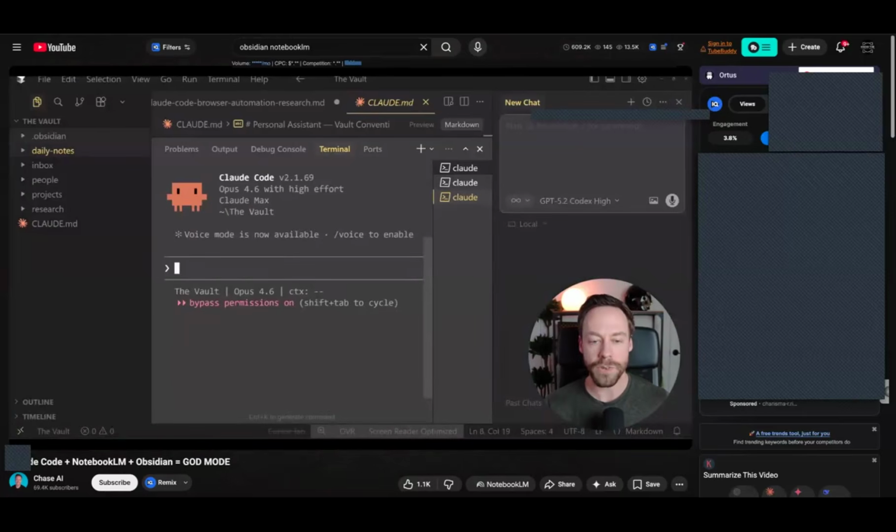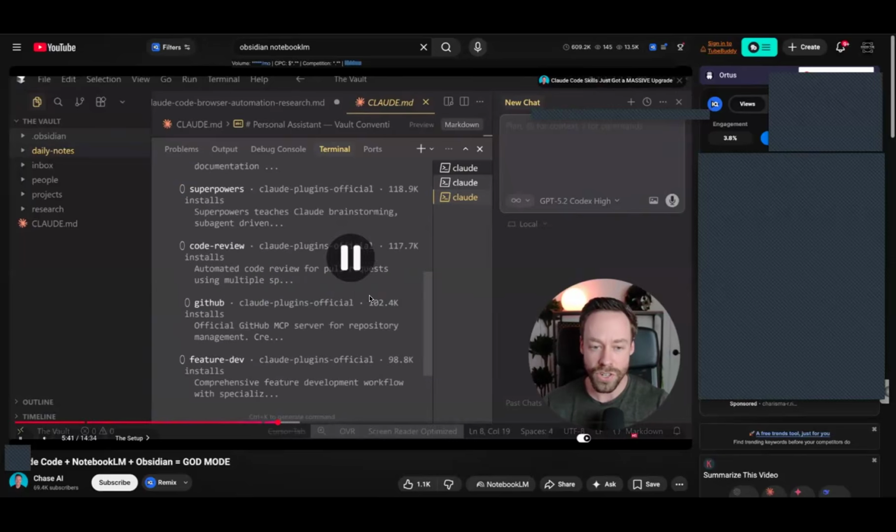So first thing we got to do is create our skills. You will notice I am inside my vault. We have to be in whatever our vault folder is for Obsidian to pick up on this stuff. Now, skill creator skill, how to install it, get it working. Make sure you check the video above. I go in depth, but the 5-second version, you're just going to do /plugin. You will search